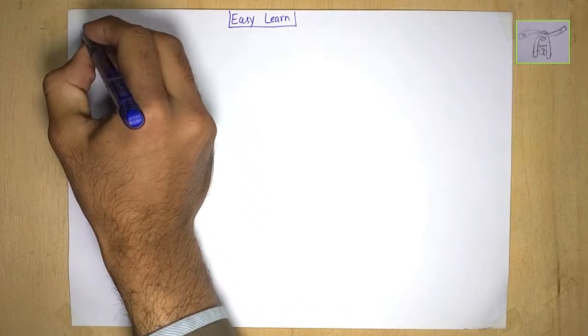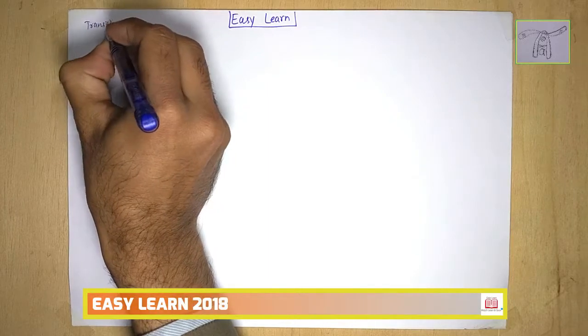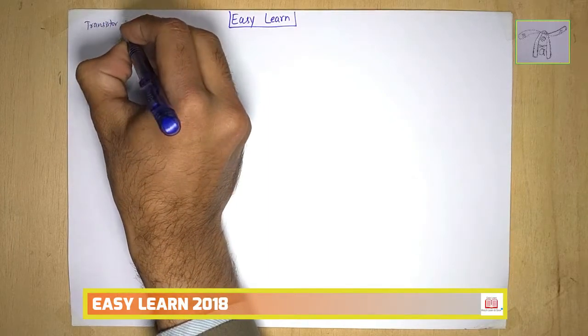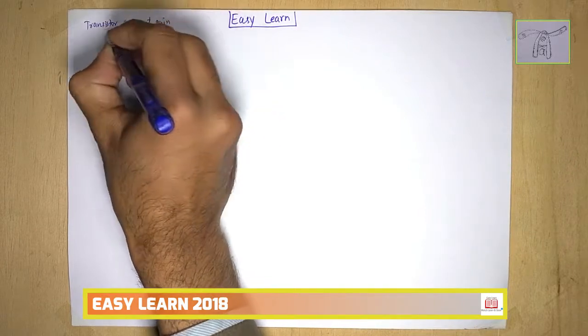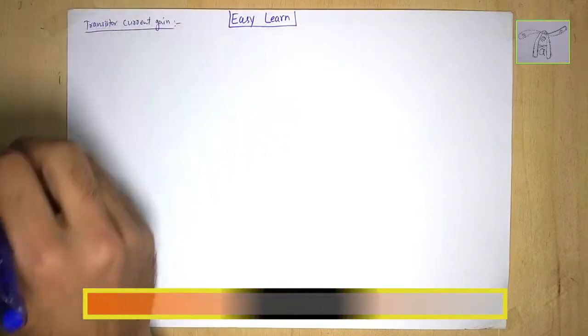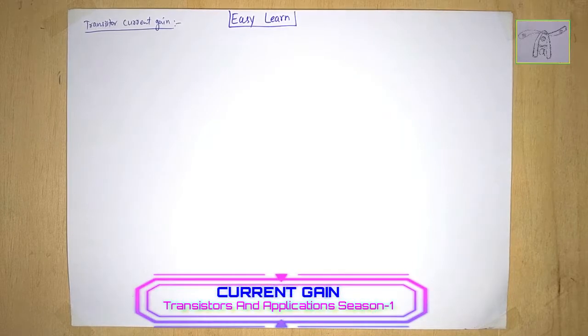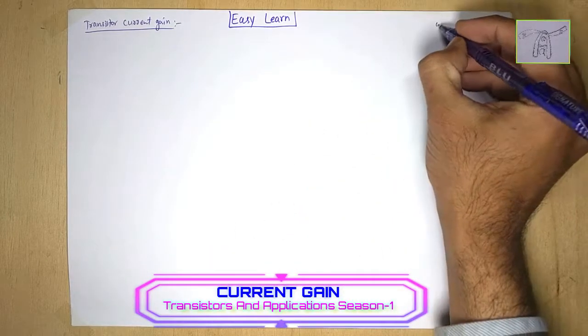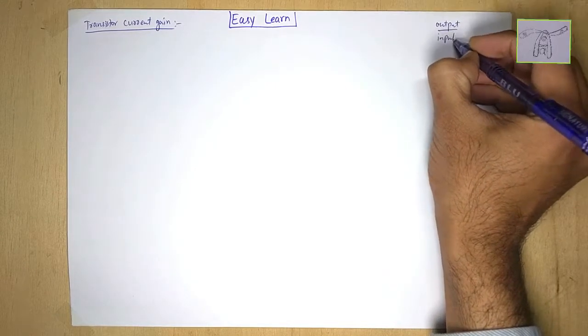So today, we will try to discuss transistor current gain. Because we are using the transistor as an amplifier, current gain is a natural process. When we talk about an amplifier, definitely there is a gain, when the output is divided by the input value of any equipment,